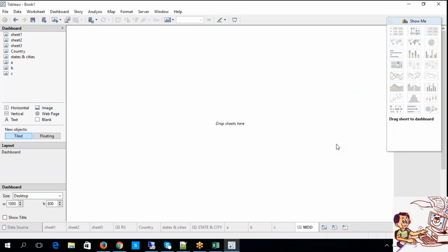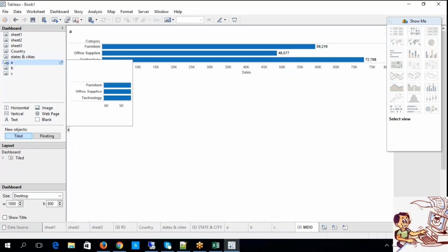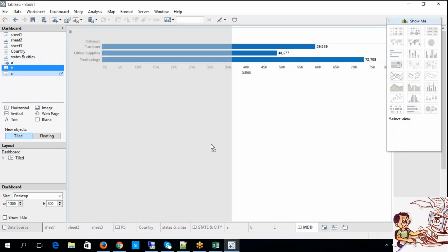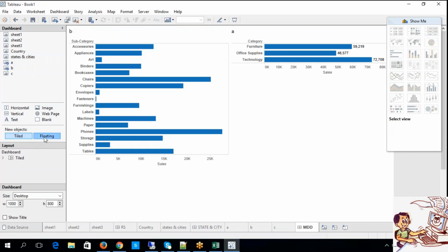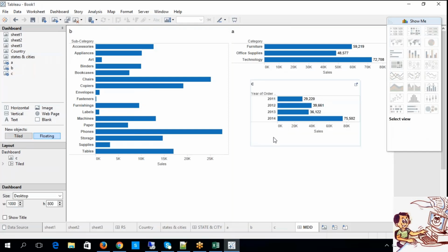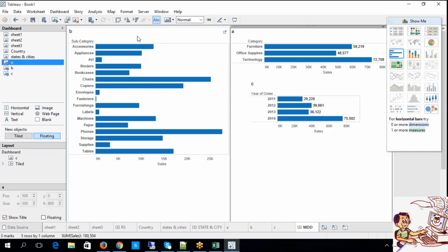Let me add the sheets of A, and let me keep it as horizontal. Okay, fine, and I have sheet C. I told you how to remove these titles.